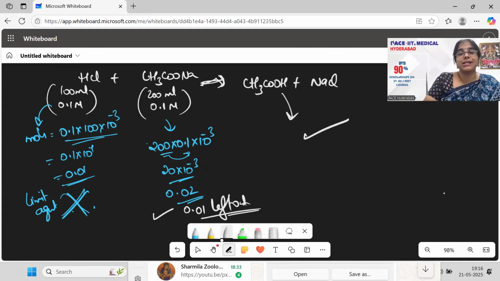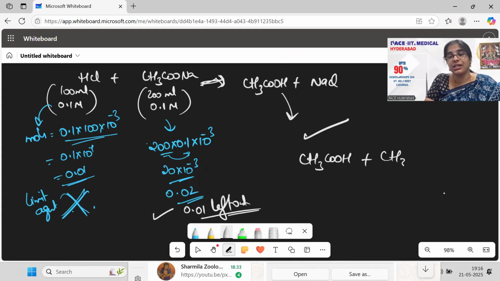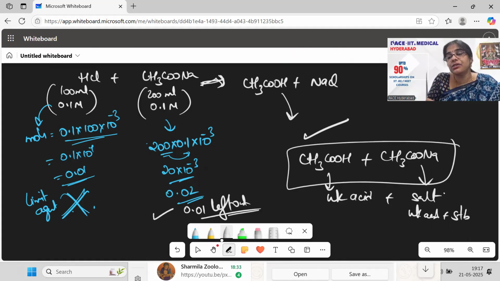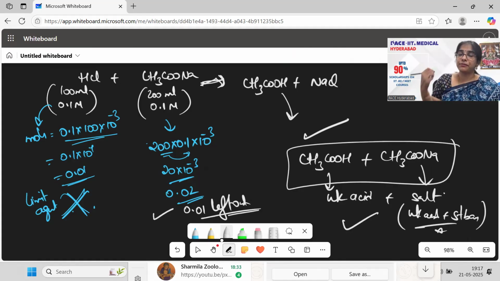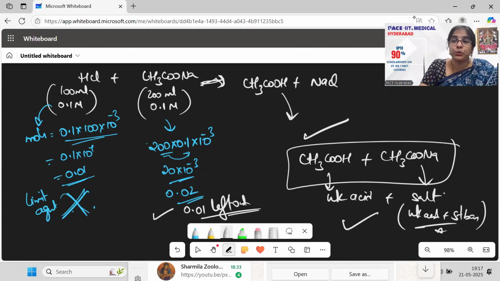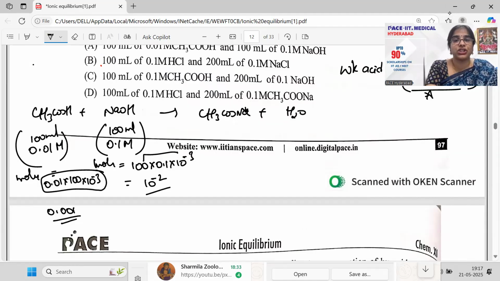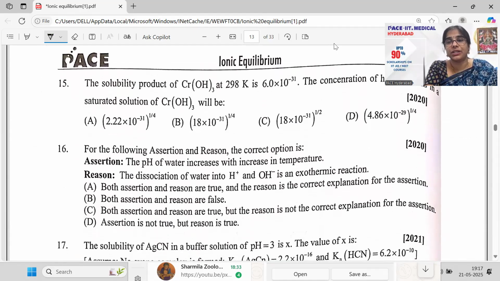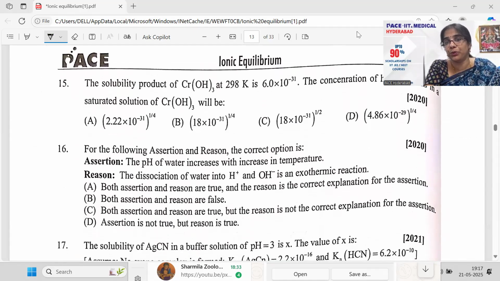This much is left out and CH3COOH भी है मेरे पास, मतलब I have CH3COOH finally, and I have my CH3COONa. So this is my weak acid, plus this is my salt that is made of a weak acid and a strong base. Definitely this is a buffer solution. So we need to identify what is a buffer solution in this manner. All right. So you would be going up with the other options also and then check out and let me know. That is how we need to go on. Do not skip the questions, बच्चे. All right. Do each and every question. Whatever I left out to you, you will do all those questions.